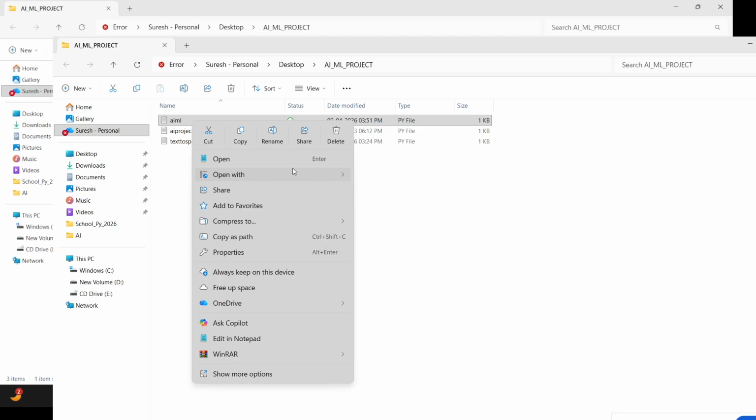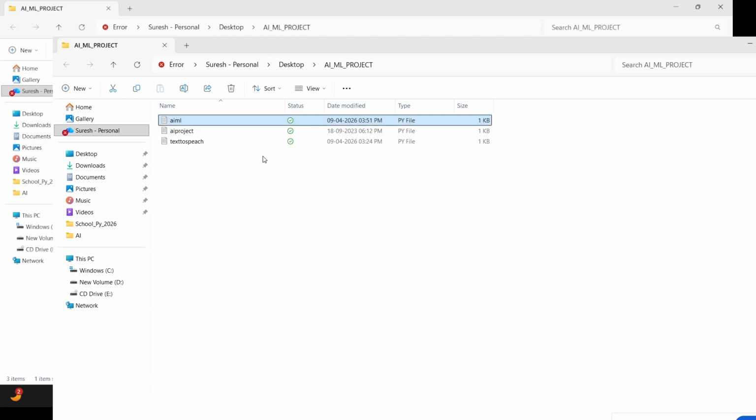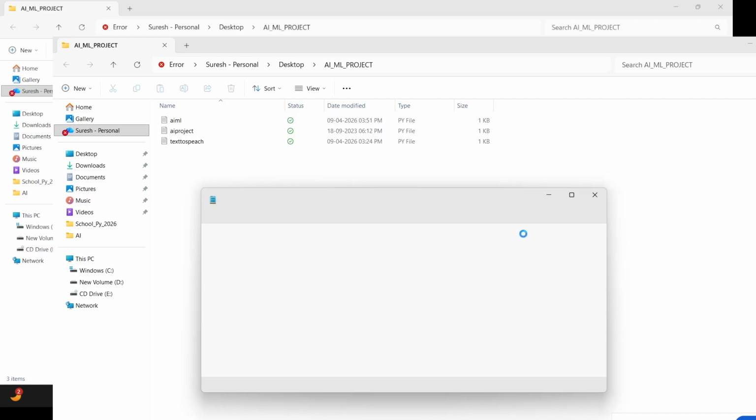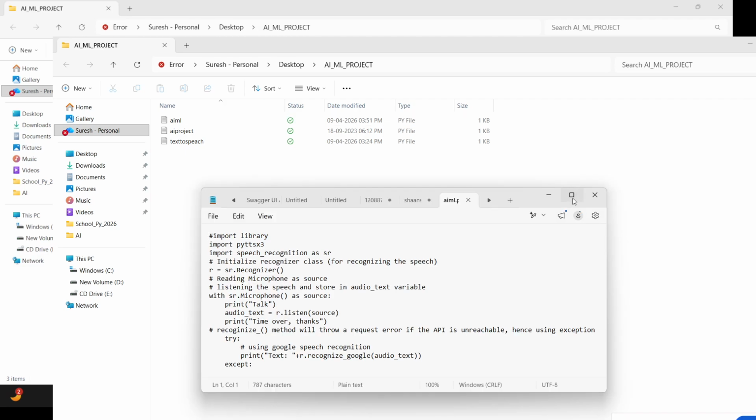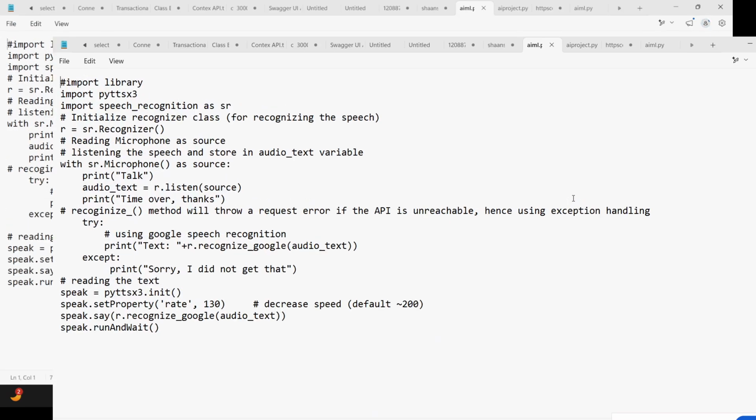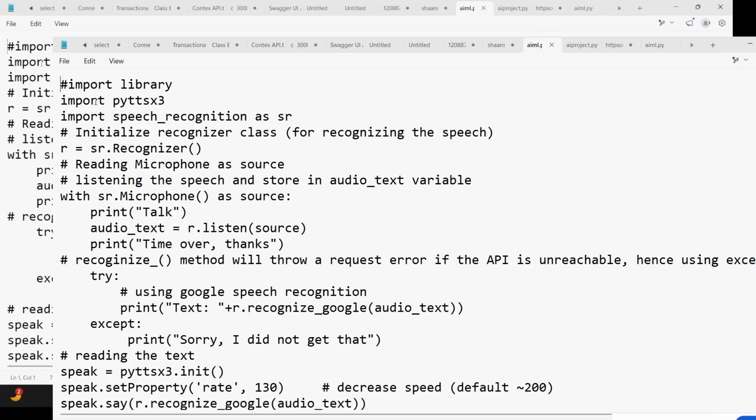module logic. Let me open the notepad. You can practice so many modules and functions. Okay. Even if you see here, I'm importing pyttsx. I'm importing speech recognition. So these are also modules.